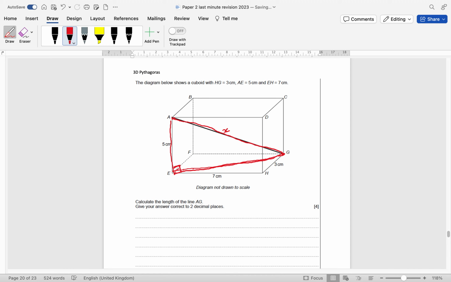That side is 5, but at the moment I actually don't know how far it is from E to G, okay? But if you spot, if we make this triangle E over to H, which is 7, H up to G, which is 3, and then back to E, so EHG, there is a right angle there on the floor, on the base of this cuboid, right? So to find how big this side is, which is the hypotenuse of that, it's square,